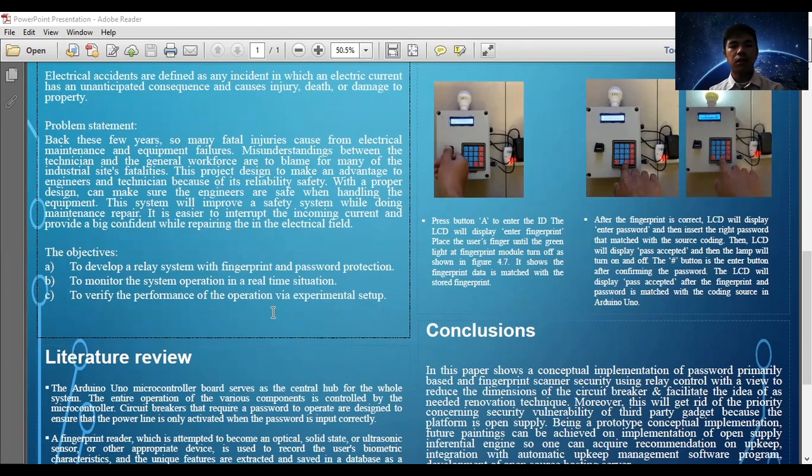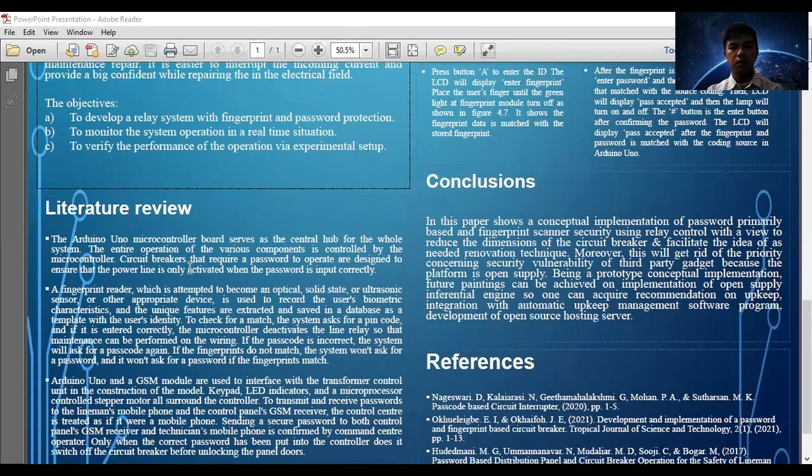The third one is to verify the performance of the operation via experimental setup. So I make this prototype using an experimental setup to show how the system works and to verify the performance. And for the literature review,